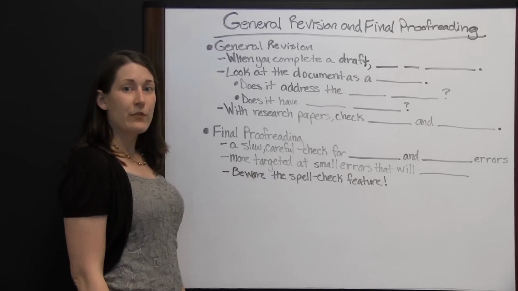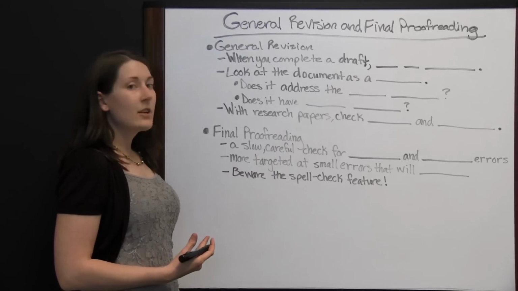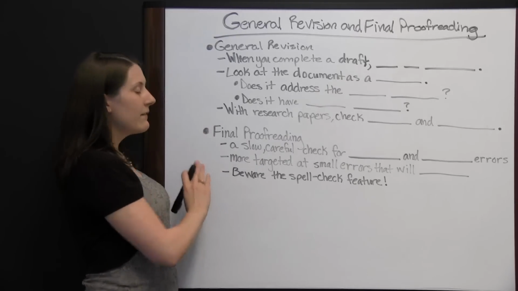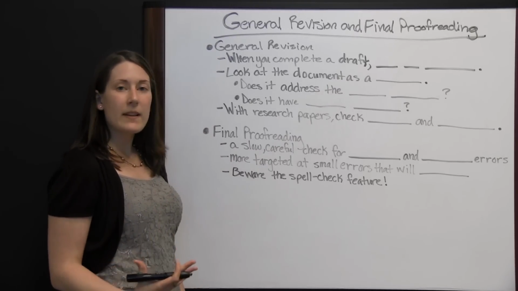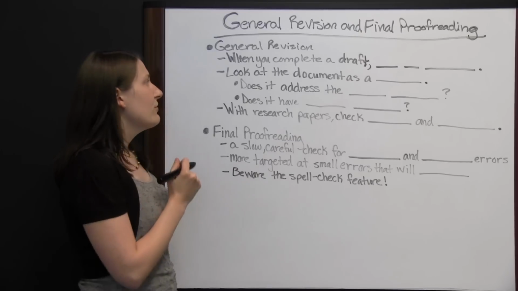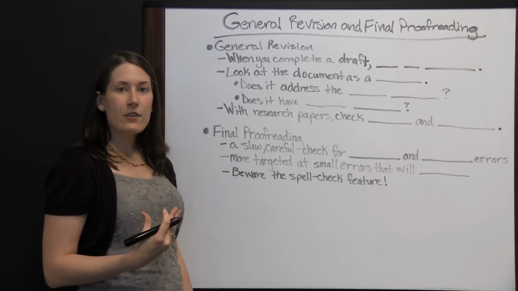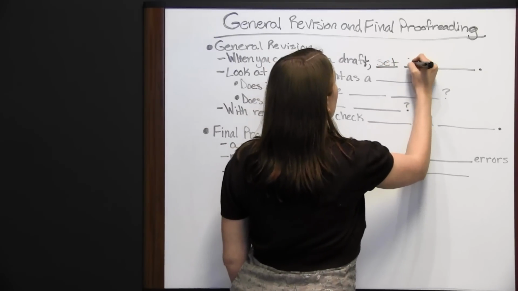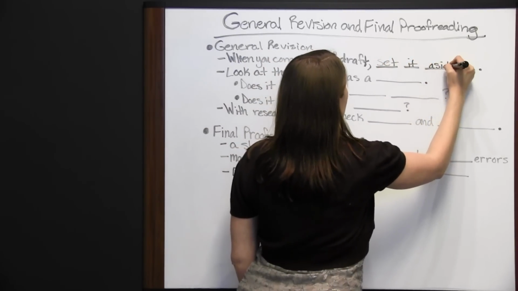General revision and proofreading. After you're done composing your paper, you want to work on general revision and final proofreading before you're completely done with it. So with general revision, once you've completed your draft, you want to set it aside. Now you may not always be able to do this,